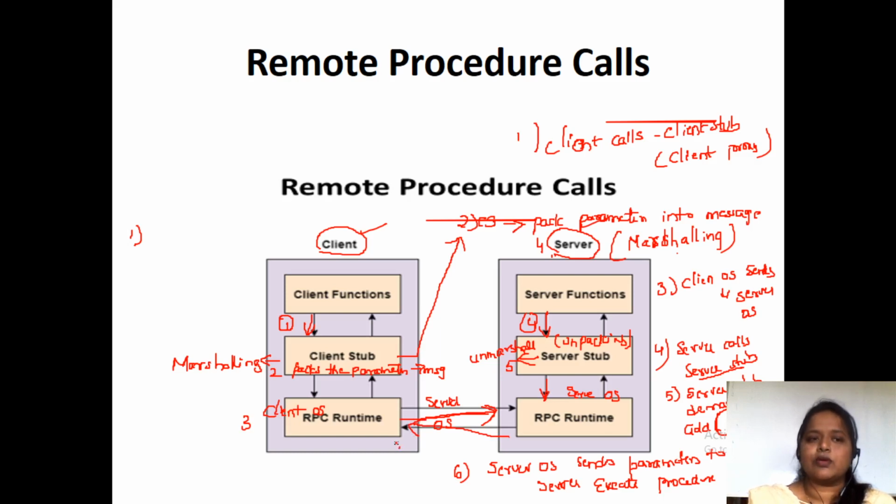So this is how, by making use of remote procedure calls, we communicate between the client and the server. This is how we pass the information between the client and the server. By making use of remote procedure calls also, we share information, or we get the information from the server.